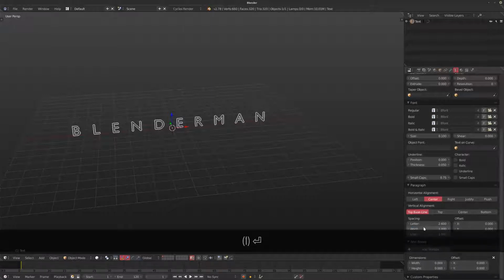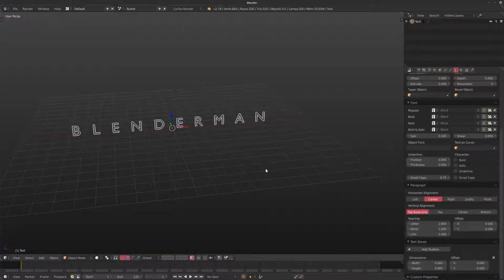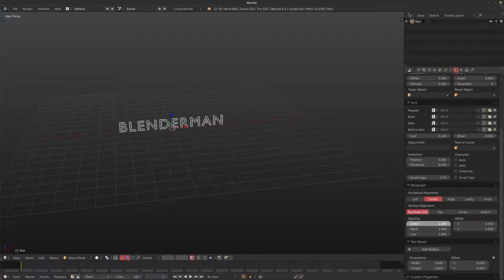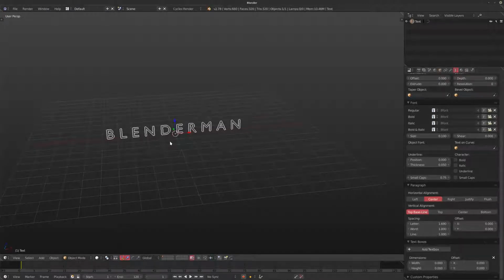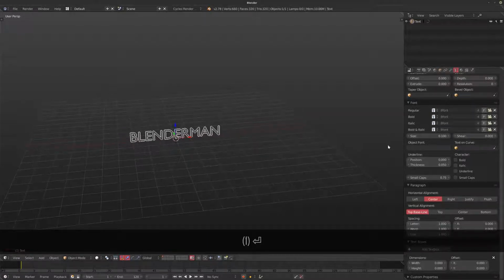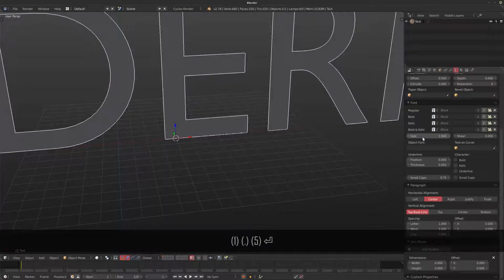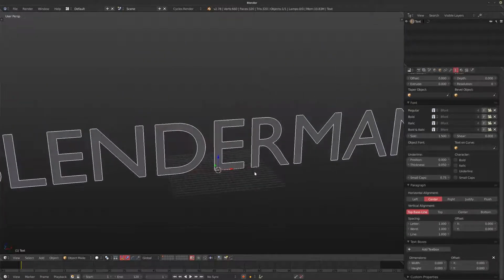Now, word and line spacing aren't really going to do much in this case because we only have one word and one line, so we don't really see anything changing. But the letter spacing, for example, you could animate, and if you want titles that move apart from each other, you could have them animate very easily, and the text still being editable means you could make a template and then use it over and over again for different titles if you need to. I'm going to leave the spacing at 1, and I'm going to upscale this text just a little bit, and I'm going to choose a font.